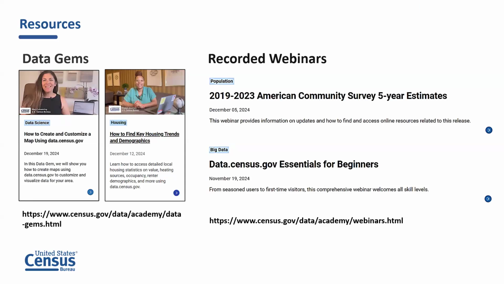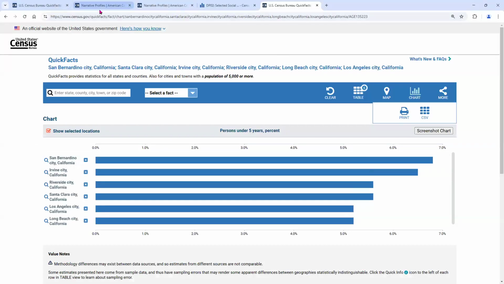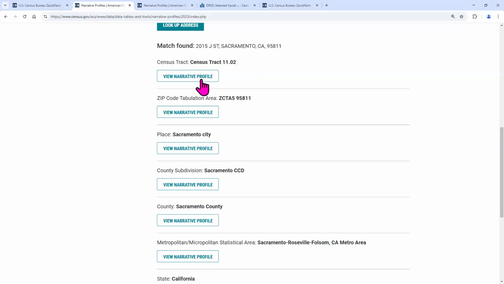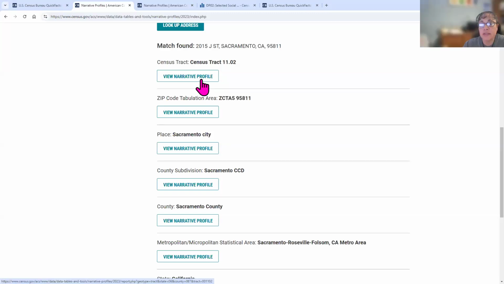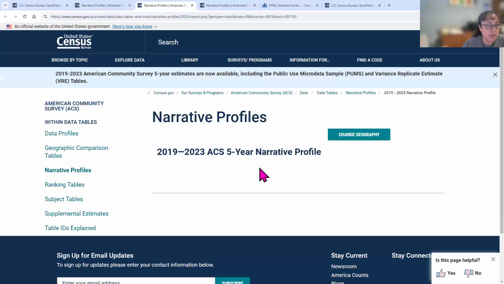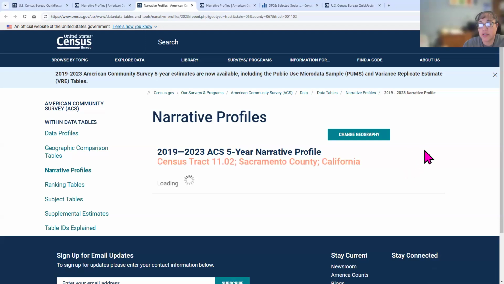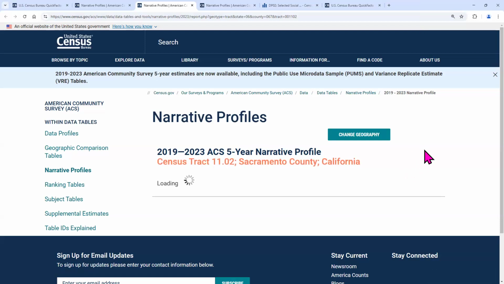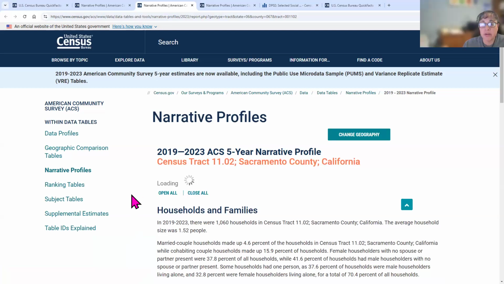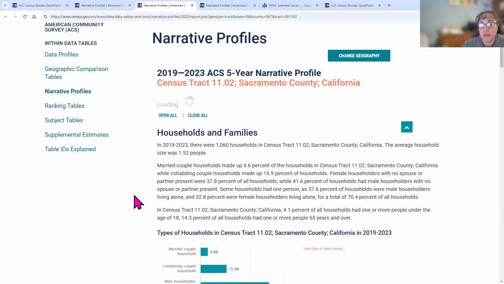Which one was that again? The narrative profiles? You mean to download? Yeah, grab a group of the information that was on there, certain information that applies to maybe a grant that you're applying for.